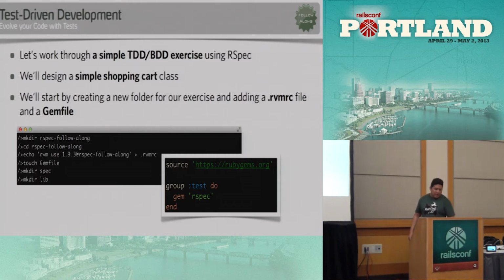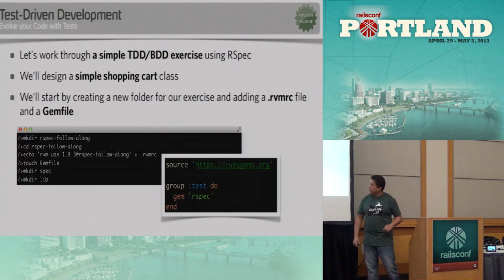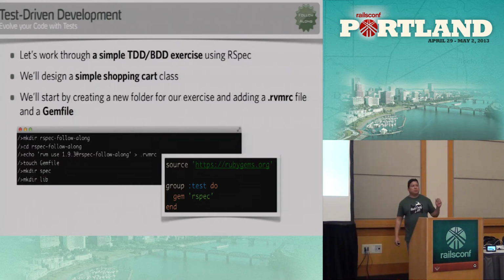I'm also creating a Gemfile, and that Gemfile is going to have the very simple contents that I have in here. I have one simple group called test, and inside of that, I'm declaring the gem rspec. Once you have that in place, we can run the bundle command. You might need to run gem install bundler if you don't have bundler already on your system. And once you have bundler installed, we can bundle the whole thing, and we should now have a directory ready to be played with.